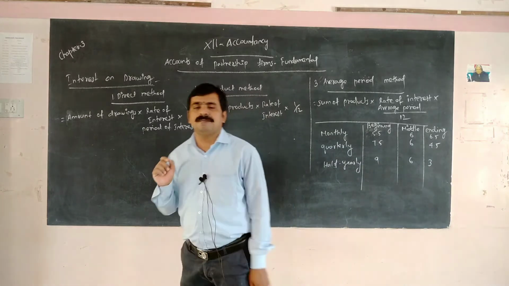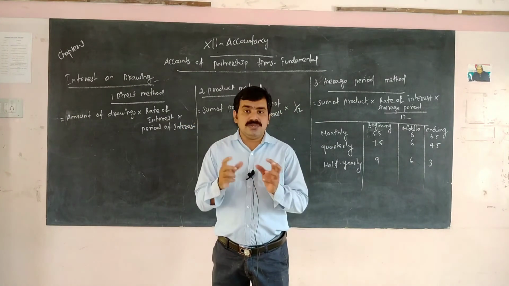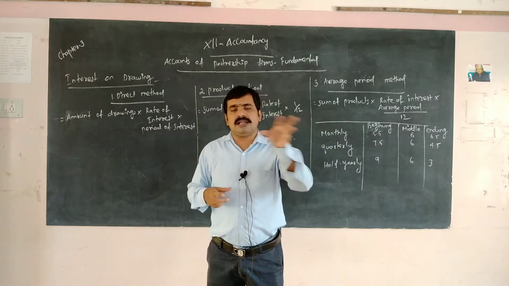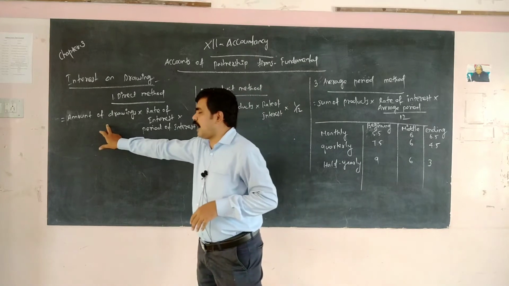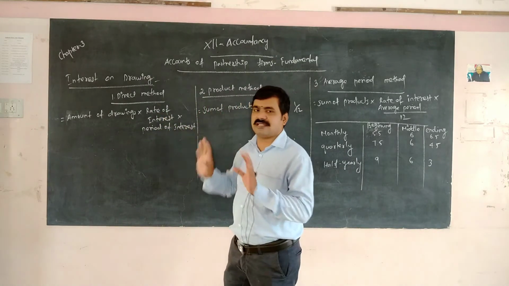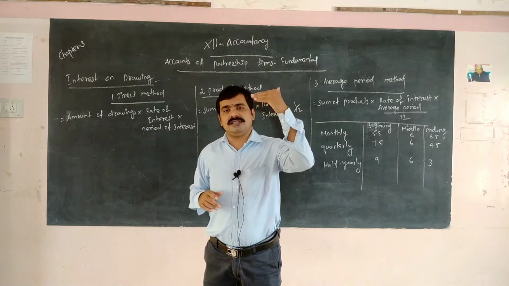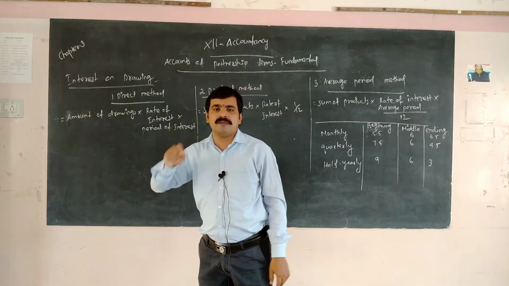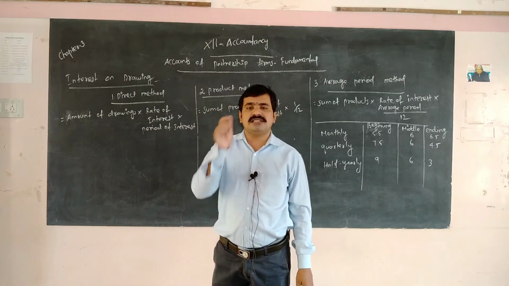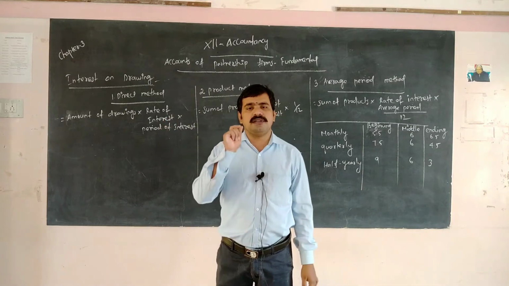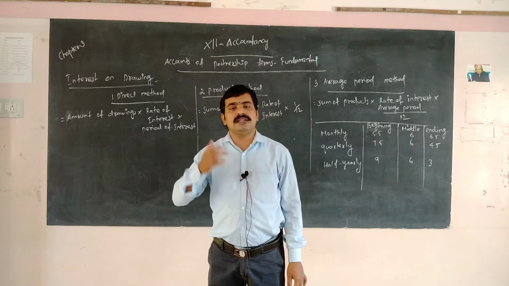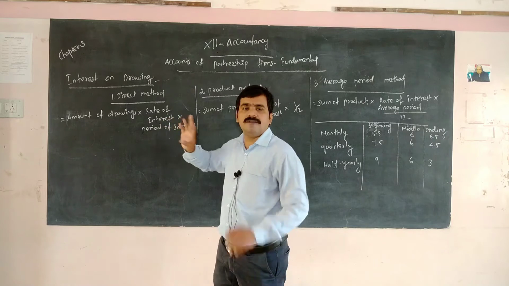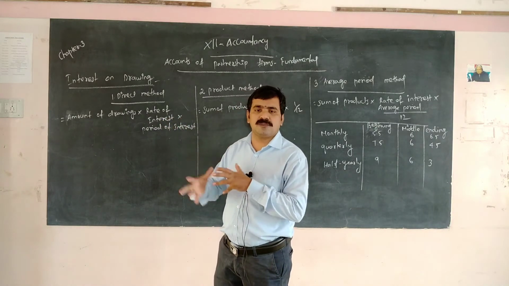The direct method means you have to take the direct way, without using any other method. You take the amount of drawing into rate of interest. We already followed this formula in interest on capital. For example, the amount of drawing is 60,000 into rate of interest. The rate of interest depends upon 5%, 6%, 4%, calculated on the basis of the agreement.